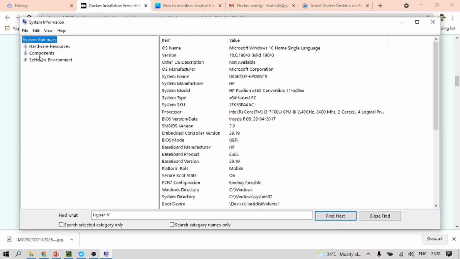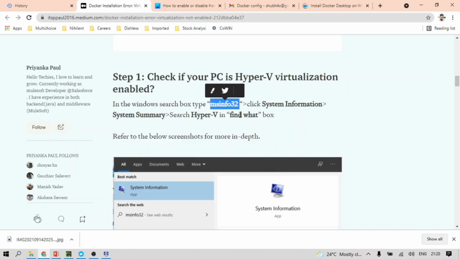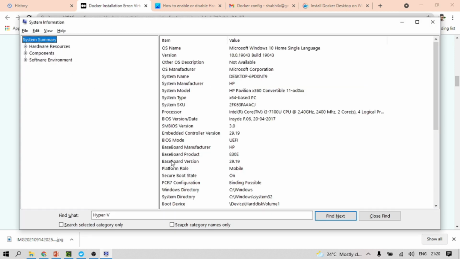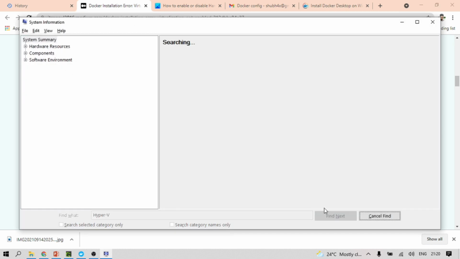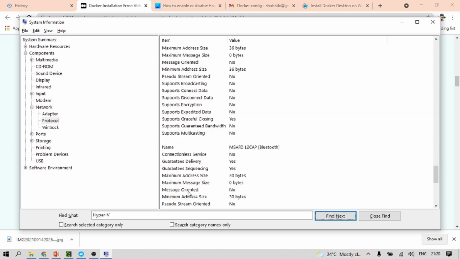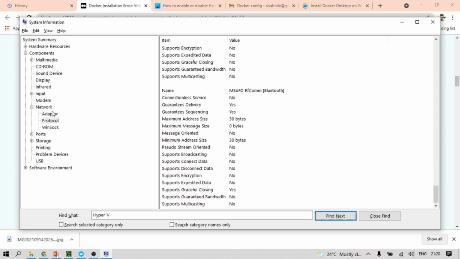We need to go to System Summary, and in System Summary, this is the system summary. Here we need to find it.